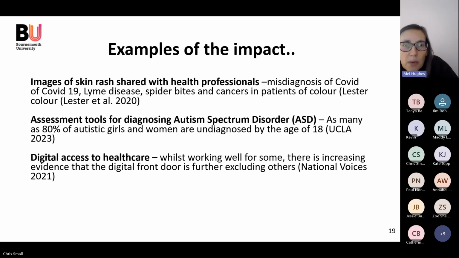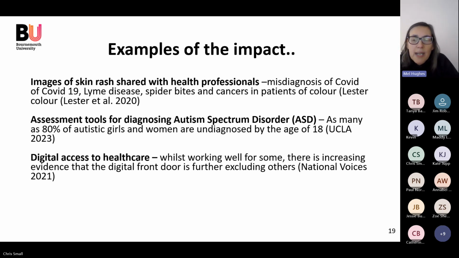A second one I picked up was assessment tools for diagnosing ASD, autism spectrum disorder. Some of you would be very familiar with this. For a long time, it was considered that autism mainly affected boys and men. In fact, it was boys. It was particularly focusing on childhood. So all the research was done on boys, and then the assessment tools were developed based on that research with boys. Even now, on the diagnosing questionnaire, one of the questions is, does your child have